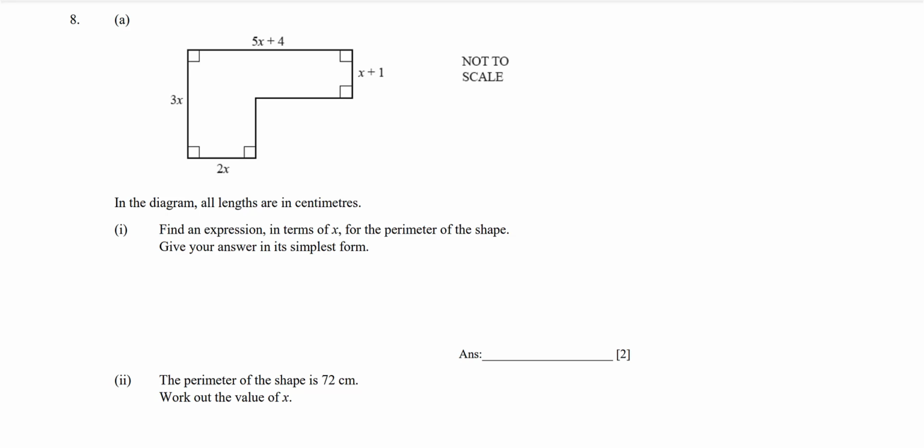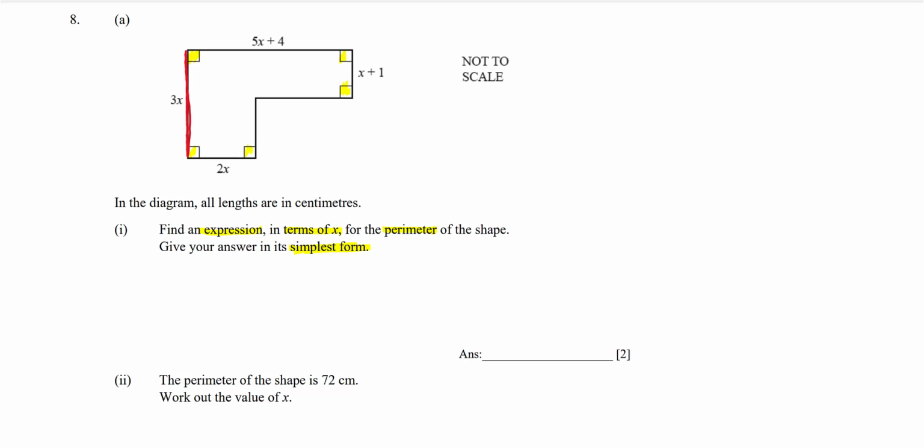Okay, 8a part 1. We want to find an expression in terms of x for the perimeter of the shape and to give our answer in its simplest form. So if we look at this length here on the left going vertically, we know that that is 3x, and because we've got all these right angle symbols